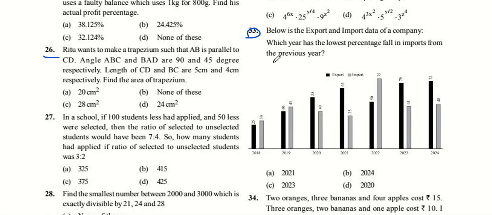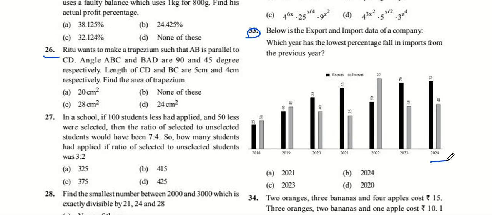Now you can see what they're asking: below is the export and import data of a company. Which year has the lowest percentage fall in the import from its previous year? Means we have to find the year, compared to its immediately previous year, having the lowest percentage fall. There is a fall, but which has the lowest percentage? So first of all we will go with option number one, because we have seen